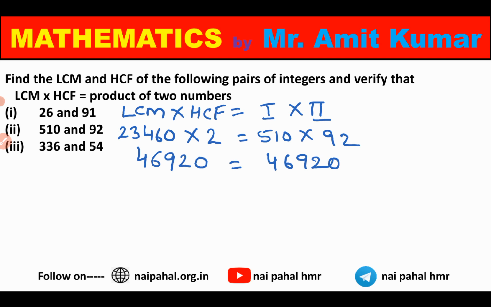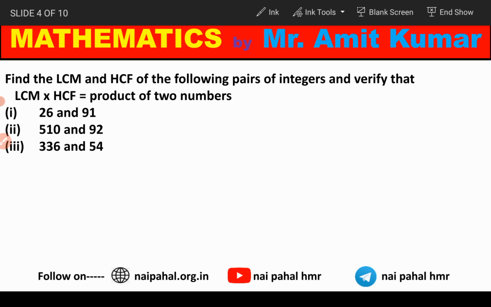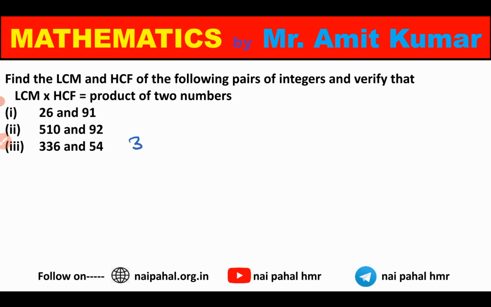Now let's do the third part. If we are going to solve the third part, then we must have to erase this. Let's erase it and then start. First number is 336 and second number is 54. Let's take out the factors. 336 and 54. Divisible by 2, we can write here